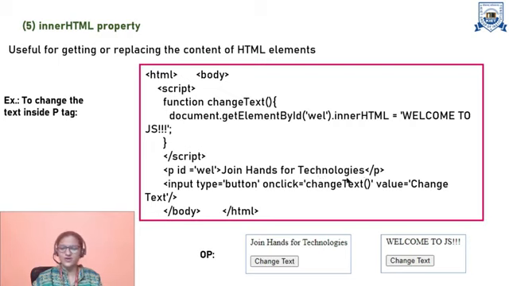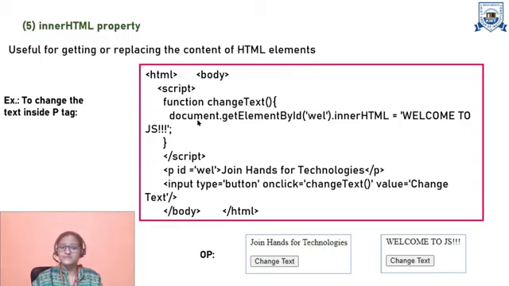This message is written for this p. Next, we have created a button, and on that button we have written change text, and on click event handler we have associated over there. So as soon as we click, what happened? Change text function is called. Change text. As soon as this will be called,